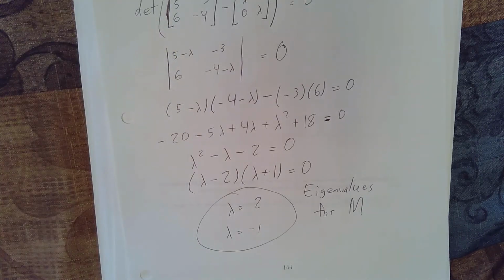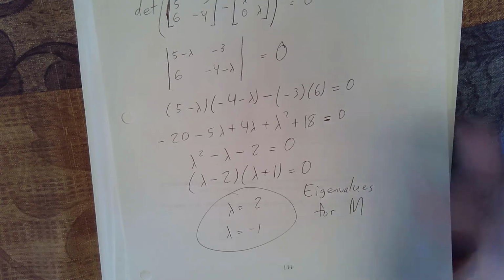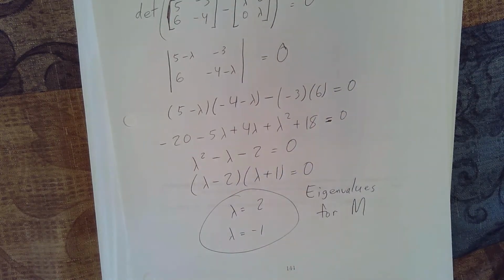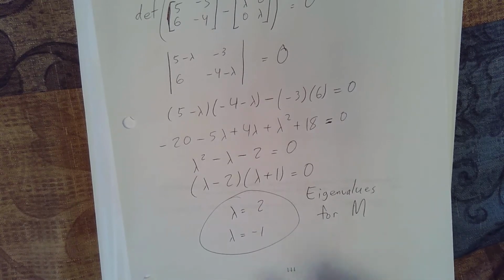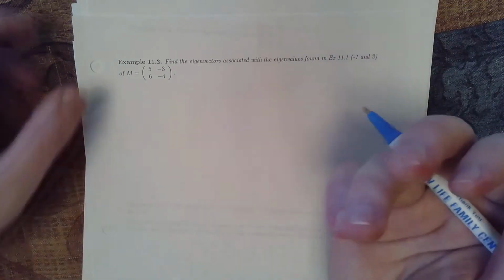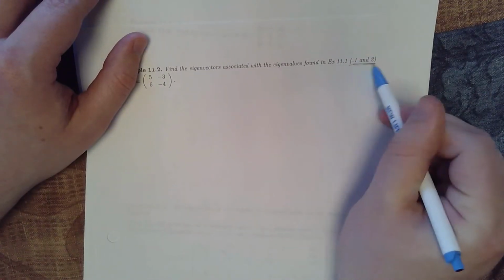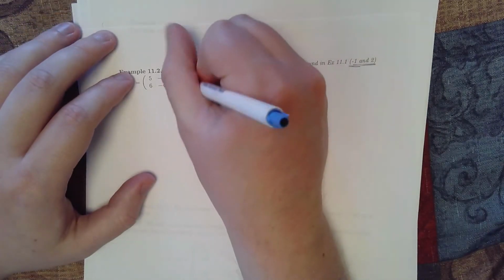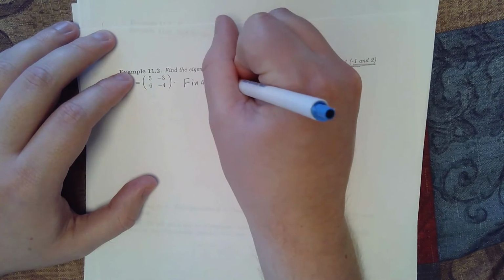Now, just because we have our eigenvalues doesn't mean that we can take any particular vector in the universe and multiply it by the matrix and get that matrix times one of these two numbers. What we need to do is figure out what these specific vectors are that'll get us there. So let's go ahead and do that. In order to figure out which eigenvectors are associated with those eigenvalues that we just found, negative 1 and 2, we're going to be looking at trying to find vectors